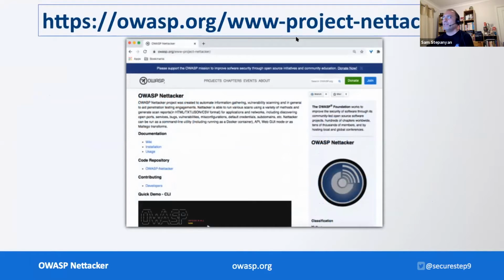Where can you find Nettacker? Nettacker can be found on the main OWASP.org website. If you go to owasp.org/www-project-nettacker, you will find it there with a web page containing some quick demos and links to things,